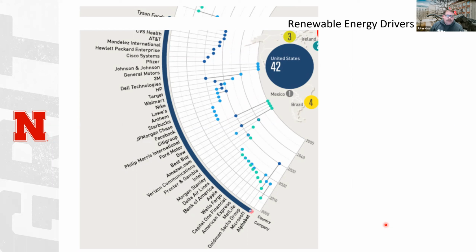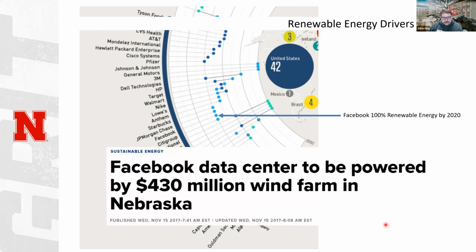last one is private companies. And so I'm going to point out Facebook here. Facebook says they want 100% renewable energy by 2020. What does that have to do with Nebraska? Well, what that has to do with Nebraska is this headline: Facebook data center to be powered by $430 million